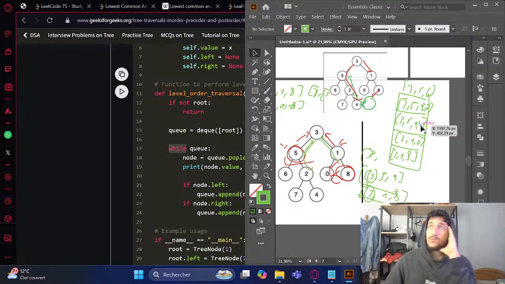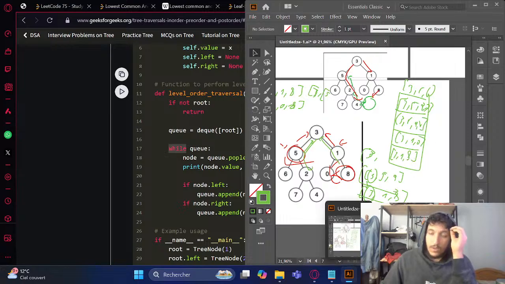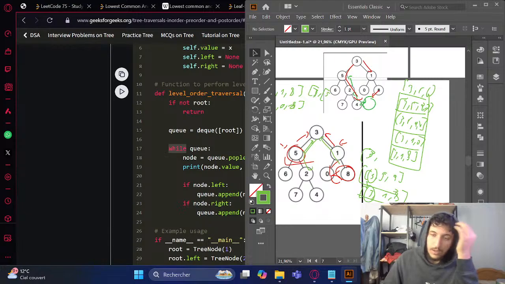So 3 5 2 4 and 3 1 8. Oh, two stacks, two stacks. Hmm. But how we're gonna stack the 3? Why do we have to stack the 3 when we don't know, like,